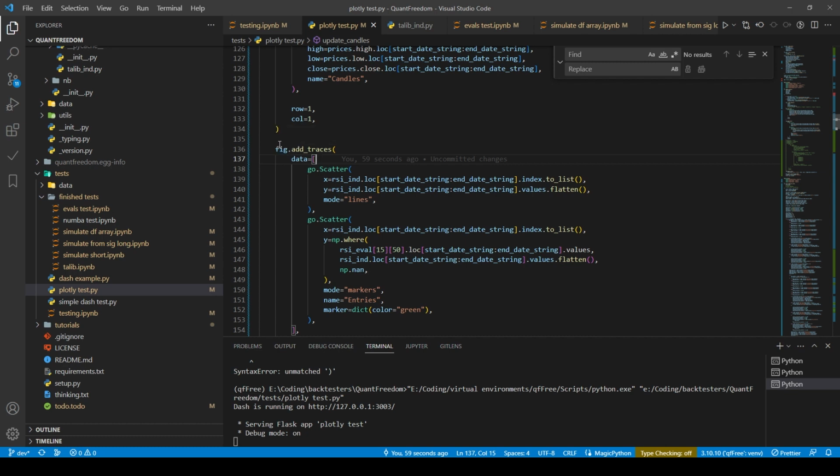Oh, I guess you'd have a for loop here, and inside of the for loop you just have figure dot add traces, and then inside of the data. So there'd be one for loop for adding to the candlestick chart, and another for loop for creating individual traces for the figure, and inside of that it would determine how many